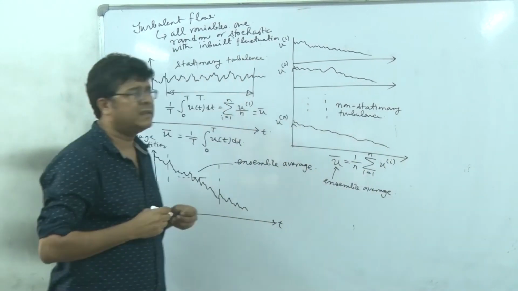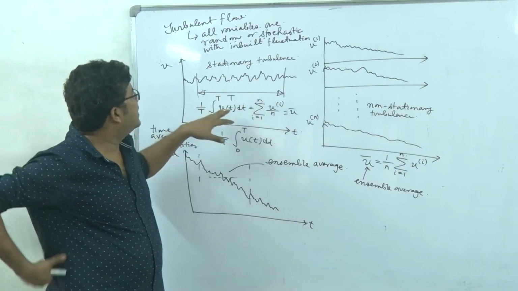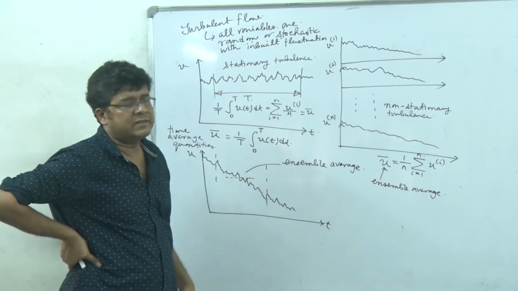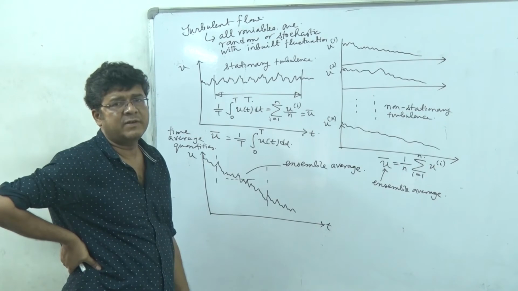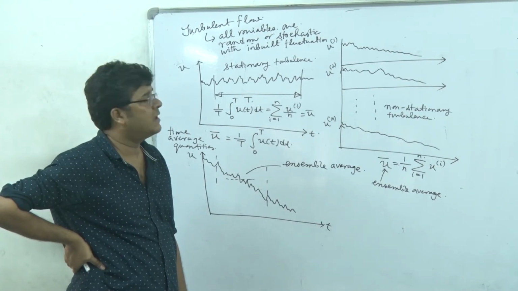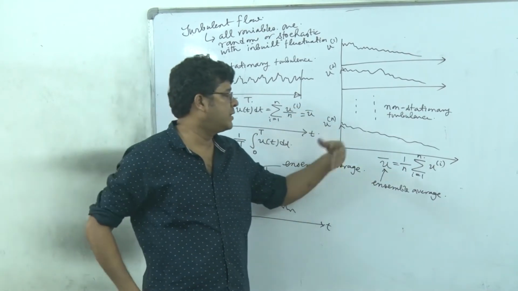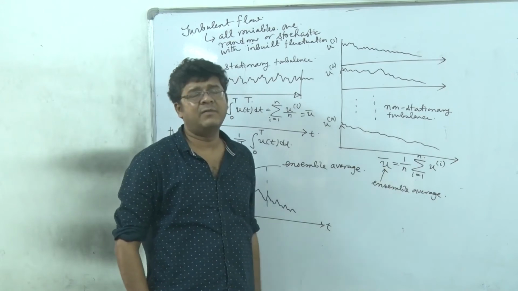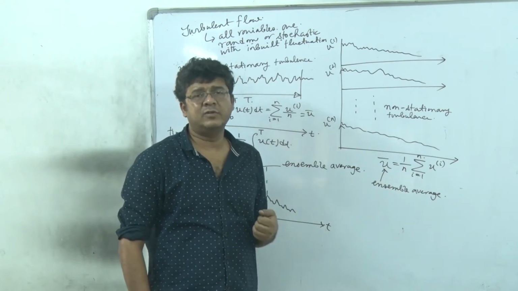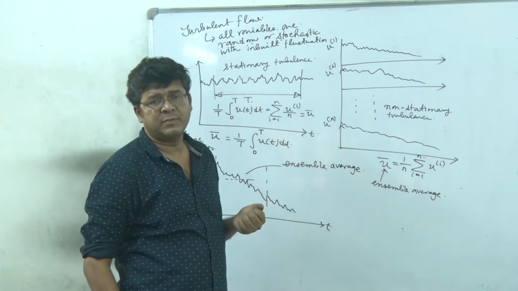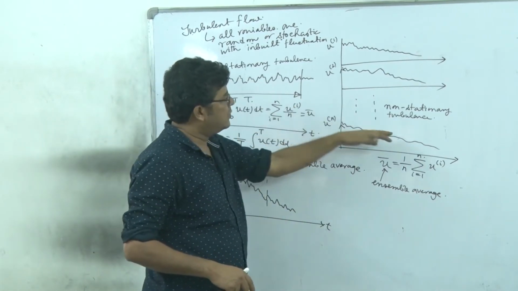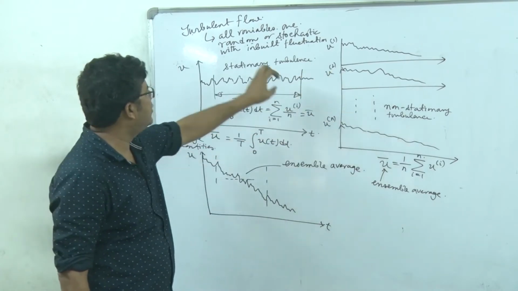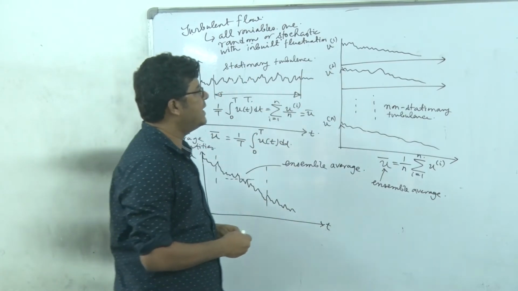So if it is stationary turbulence, then time average and ensemble average are the same. However, in case of non-stationary turbulence, time average has no specific significance. So henceforth, wherever I write some average quantity, we will consider it to be the ensemble average, because it is much more general, right? So you can understand that no matter whether it is stationary turbulence or non-stationary turbulence, at any point